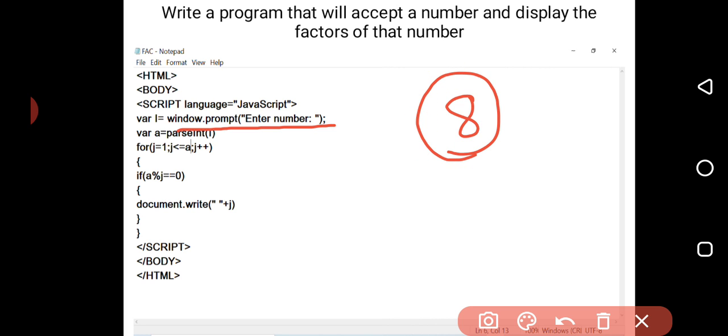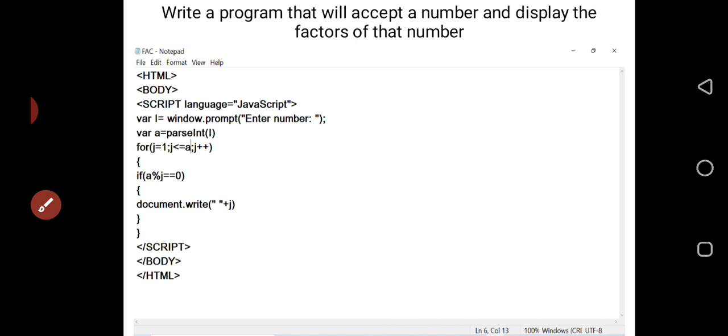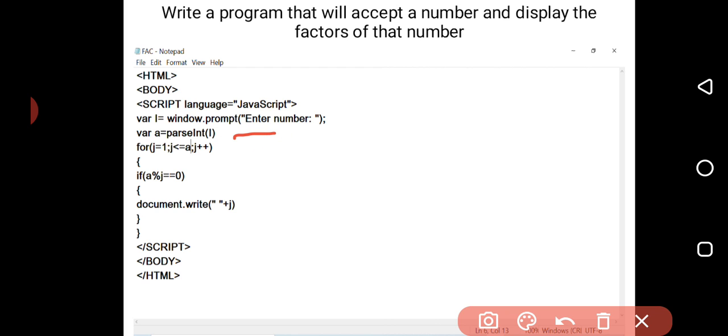To solve this problem, we have used this function. What is the function? The function is parseInt. Whatever is stored in I, with the use of parseInt, I have converted into an integer and stored into the variable a.